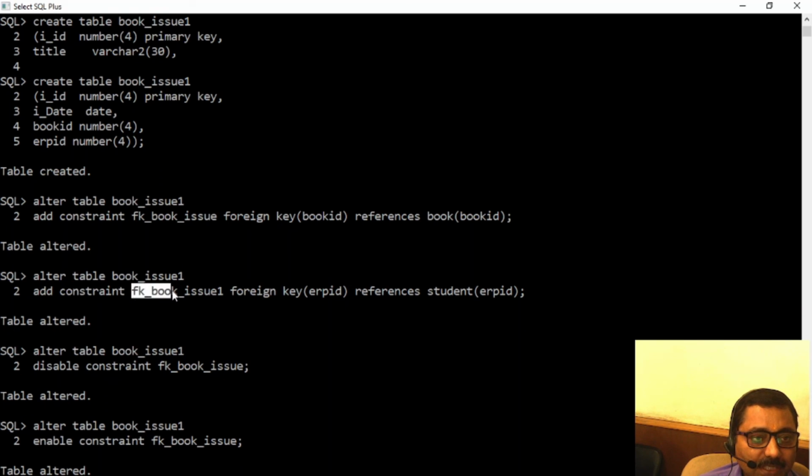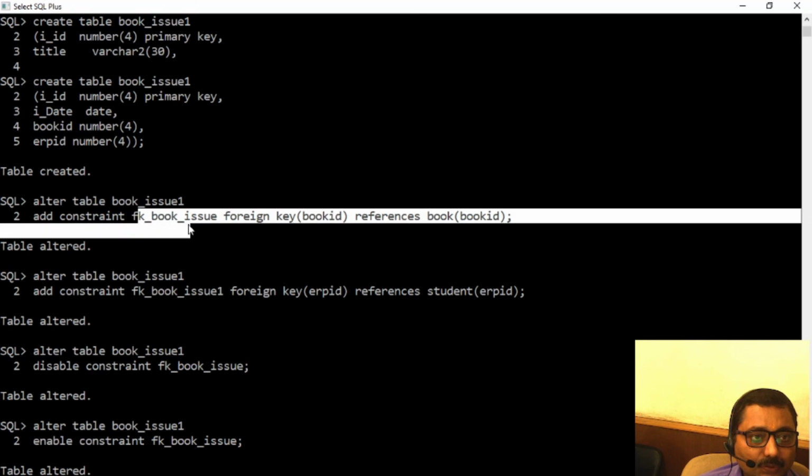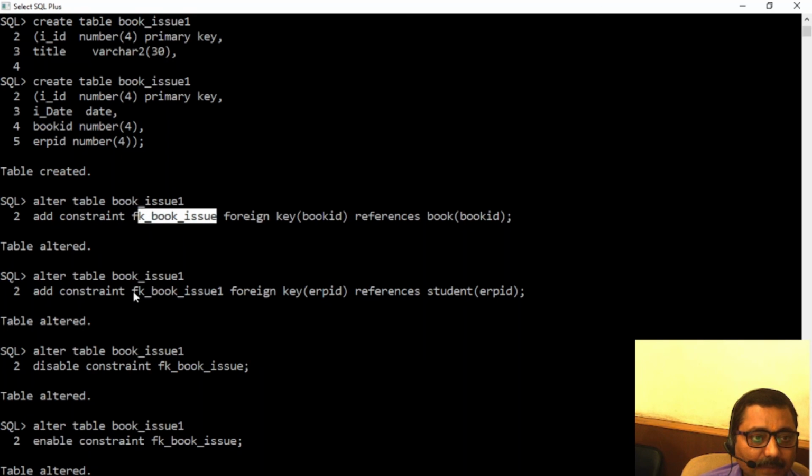Then sure, the constraint name should be different. Here I have taken fk_book_issue. I have added one so that this and this are different. Now this foreign key ERP ID will refer to the ERP ID column of the student table, right? So we have created two foreign keys with constraint names using the alter table command.